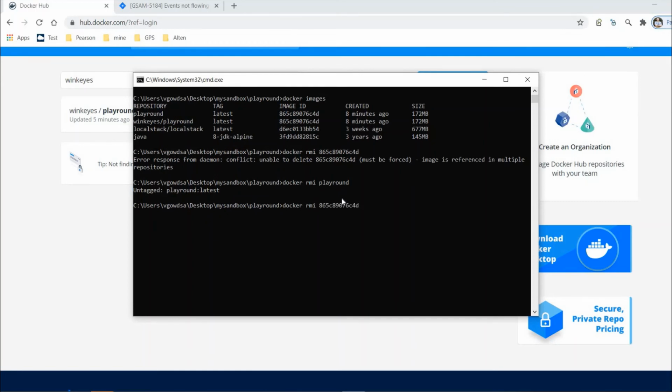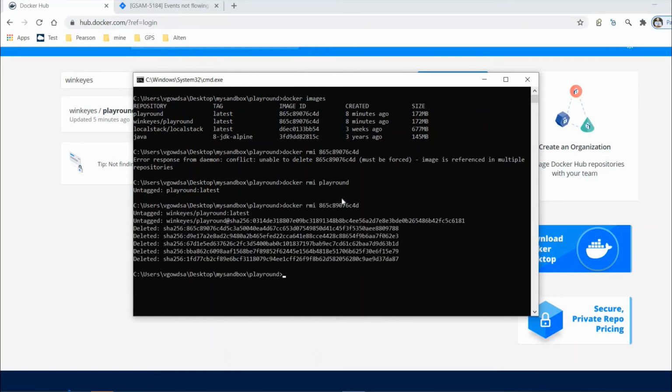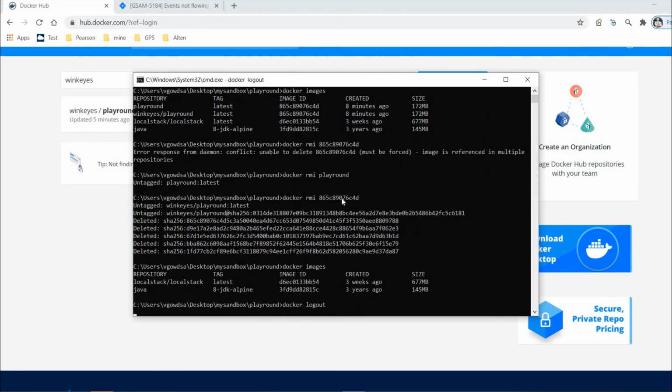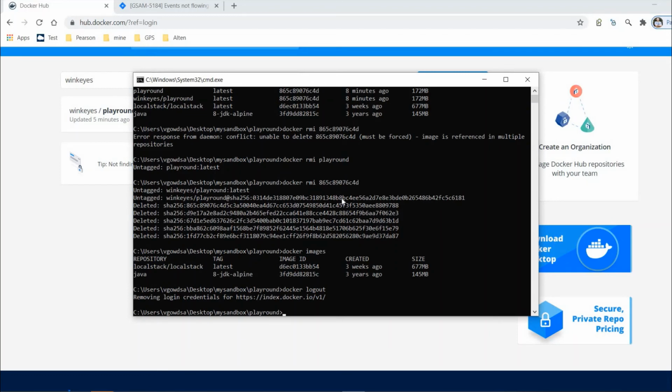Now I'll do the same thing. So I deleted it. If I see docker images, it doesn't contain any image, and I'll log out also, docker logout, because Docker Hub is a public repository. No need to log in again to pull that one, since I know the image name. Okay, clear.